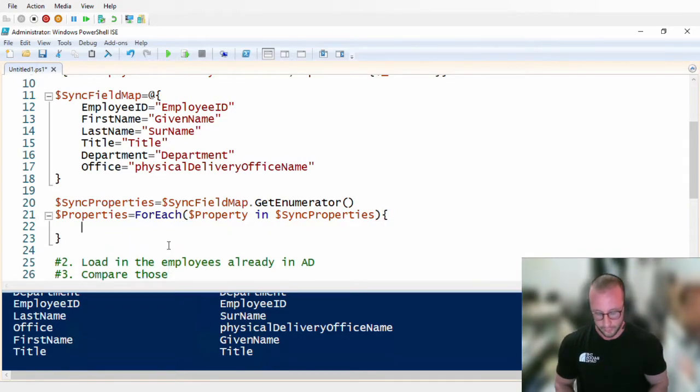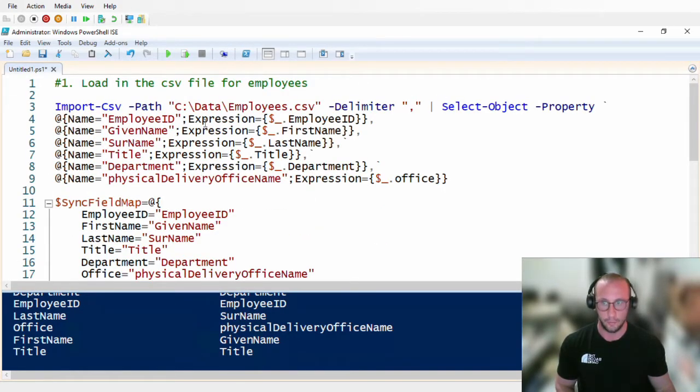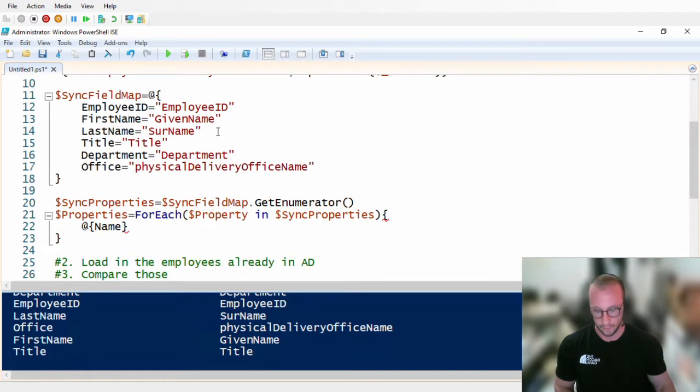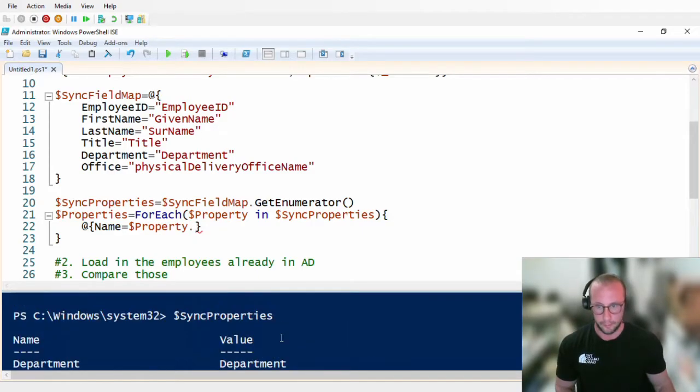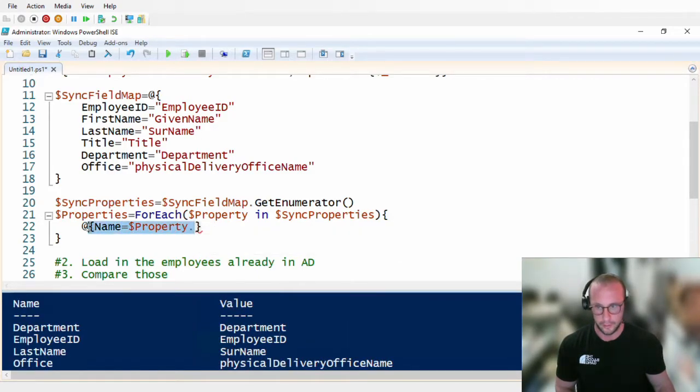Then we want to load in this array full of hash tables, so we'll use the @ symbol and the curly brackets. So we already have something that's going to generate an array of empty hash tables. Then we want to populate this exactly as we are doing here. So we put name equals the property, and the property value, because we know that the property value here